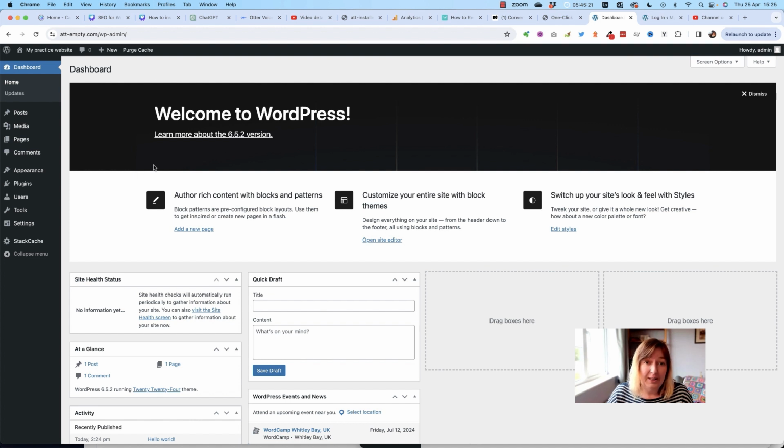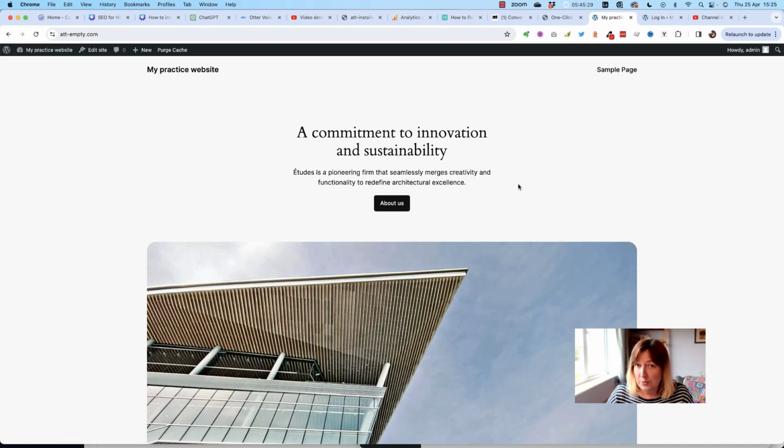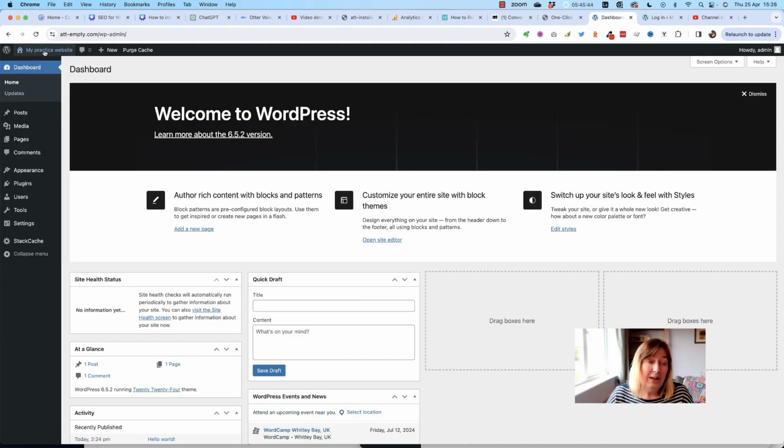So here we are in the back end of a standard WordPress installation. If I click on my practice website here in the top right hand corner, this is what it looks like on the front end. So this is a live website now on the internet. This is dummy content that WordPress gives us. We can see this black bar along the top because we're logged in. We wouldn't see that if we weren't logged in. And if I click there, it takes me back to the back end. So that is the process of installing WordPress. It's quick